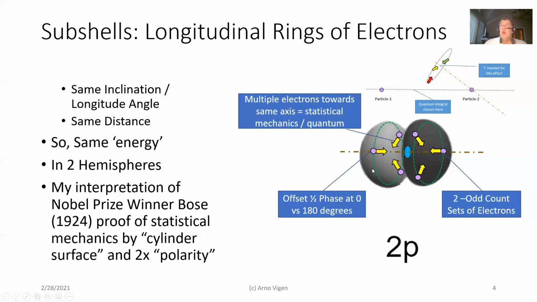And that means only when you have a nucleostatic axis and you have multiple shells, multiple electrons in subshells off the center line, off the nucleostatic line in two hemispheres, do you get the Bose cylinder in two. And that's the only way to get statistical mechanics. Statistical mechanics does not work for just one electron standing by itself. There is no quantization of bouncing off of units of one, or bouncing off somewhere the two of them,